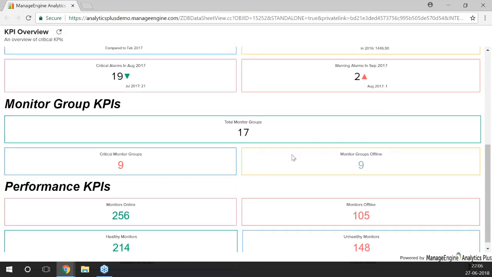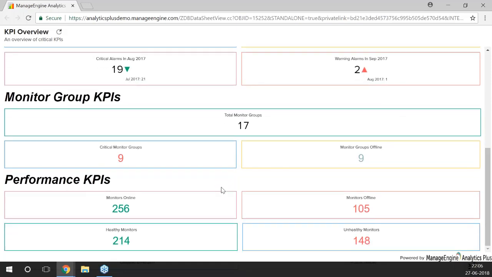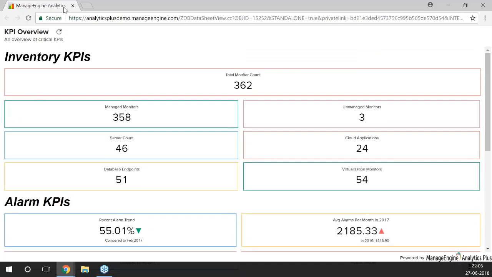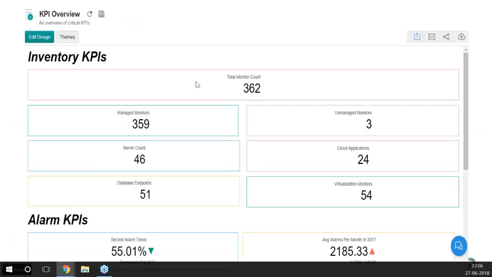And similarly, you have monitor group KPIs and performance KPIs as well. And every KPI that you see here is customizable, and you can always modify what attribute you want to put in there or which particular KPI you want to monitor there, right? So, and the final